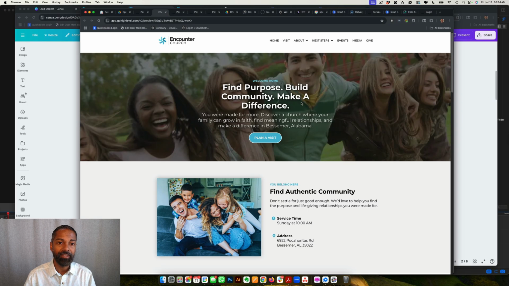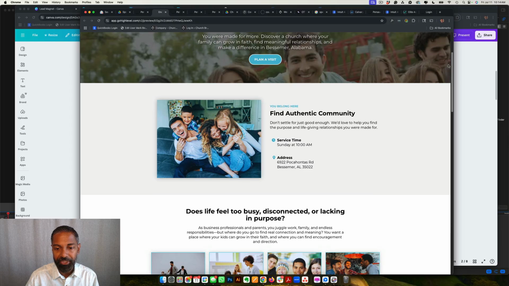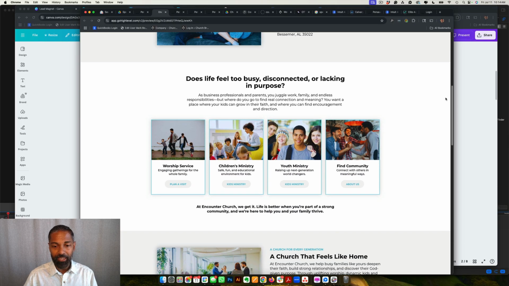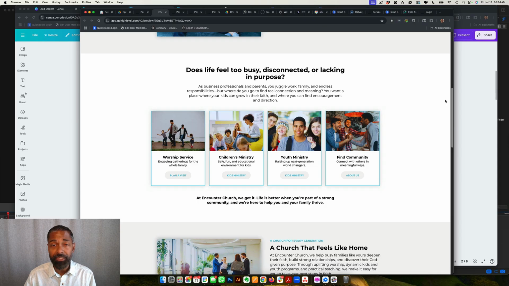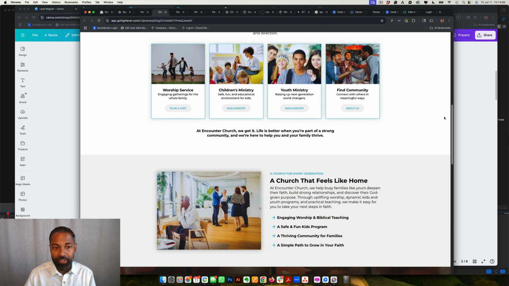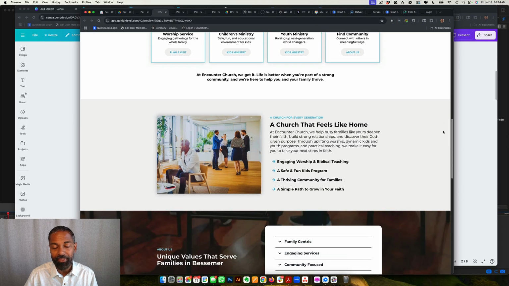When they go to the website, they're going to see a beautifully designed website that is branded for your church, has the right information, the service times, locations, all the different features of the church that you want to promote, such as kids ministry and youth ministry, and it's going to provide them with the value that they can expect